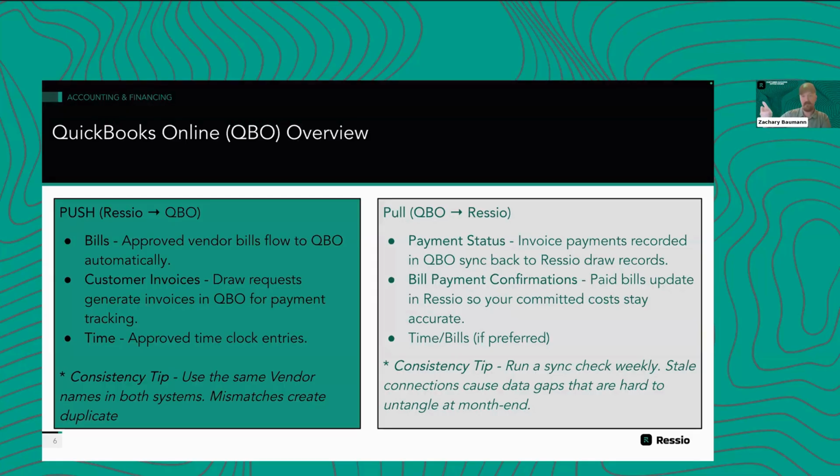Time and expenses can be created in QuickBooks, and as long as they're mapped up to the right project and right cost code, those will pull back over to Ressio. And you can still do a cost plus invoice from actuals, even if your actuals start in QuickBooks. So if you enter a bill for $1,000 in QuickBooks and sync that over to Ressio, you can still create a customer invoice from that bill. The attachments push and pull between the two systems as well, if you want to. So if you add an attachment to a Ressio bill or you add an attachment to a QuickBooks bill, those will pull and push between the two systems as well.